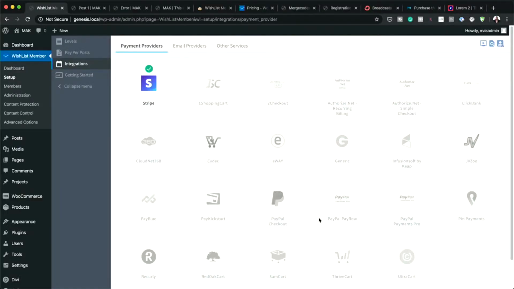Okay, it's on the setup. Integrations. So you can see here, I've already checked PayPal. So all you have to do, so let's say in this case, it'll be like that if you haven't used it before. So you know what? I thought I was actually showing you what I'm doing here. Sorry about that. All right. So let's go back to,